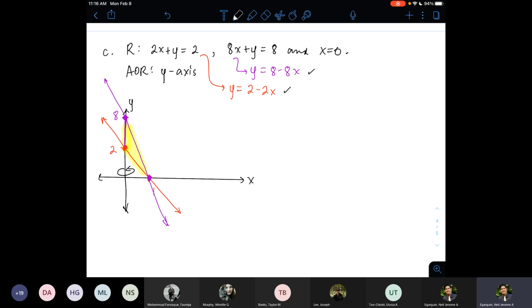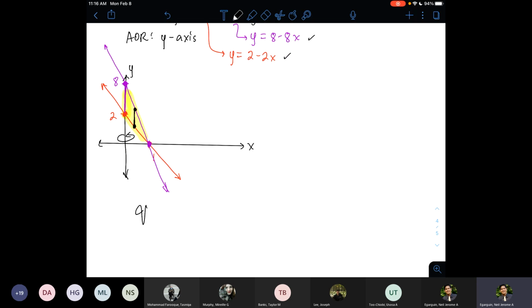Now again, I simply want to take advantage of the functions being given in terms of the variable x. So I'll use vertical strips here. Actually, horizontal strips would be more messy here, because if your horizontal strip is on top, it would be the purple line minus the y-axis, and if it's in the lower portion of the shaded region, you will have purple versus red line. So I won't set it up using horizontal strips. I'll stick with the vertical strips.